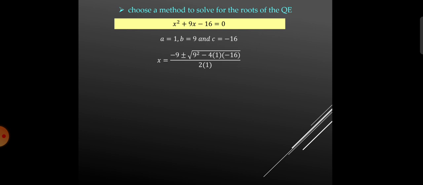Then substitute to the quadratic formula, x equals negative B. Ang B is positive 9, so negative 9 na siya. Plus minus the square root of B squared, 9 squared, minus 4 times A is 1, times C negative 16, over twice A, 2 times A is 2 times 1. Then, x equals, copy negative 9 plus minus the square root of